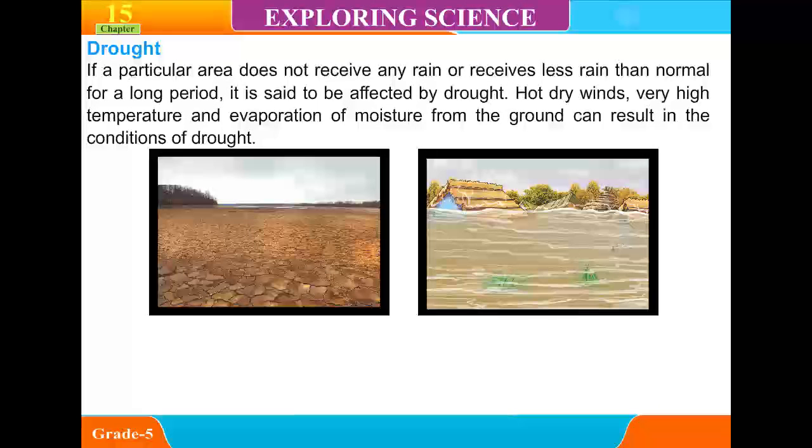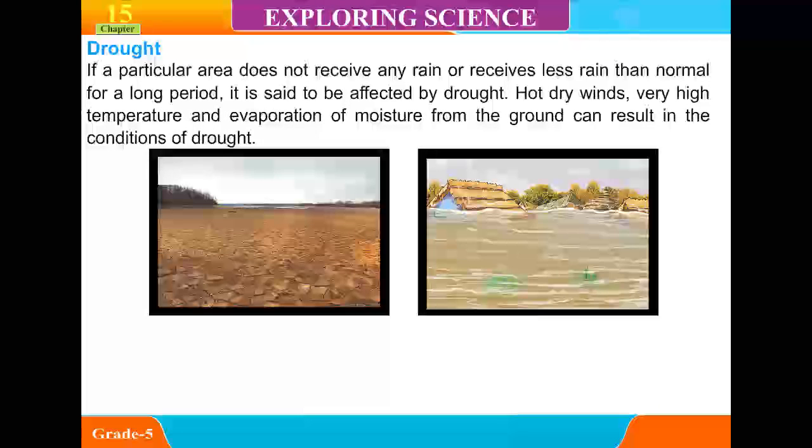Drought. If a particular area does not receive any rain or receives less rain than normal for a long period, it is said to be affected by drought. Hot dry winds, very high temperature, and evaporation of moisture from the ground can result in the conditions